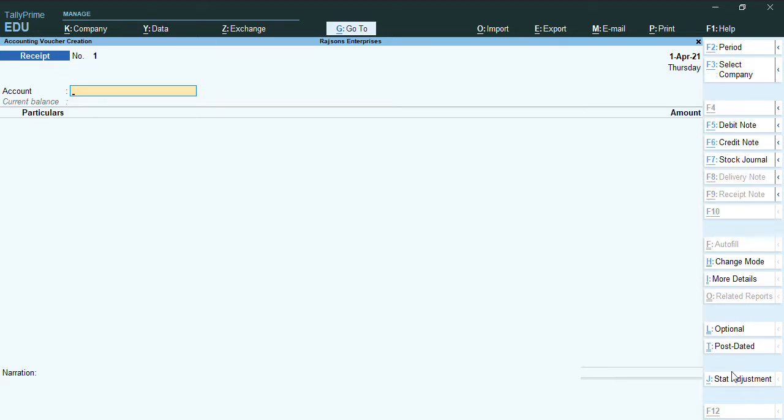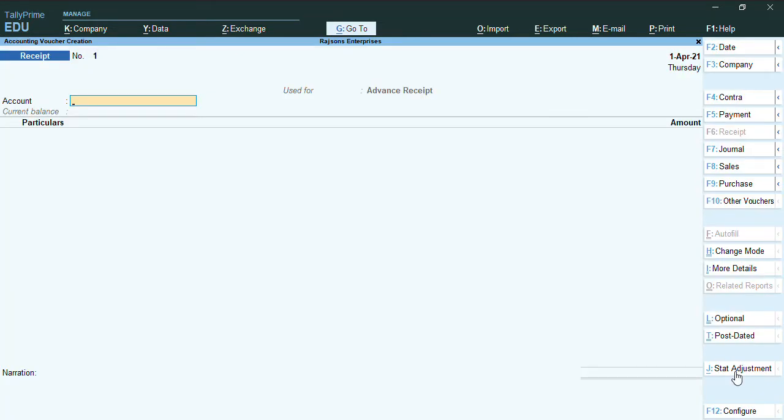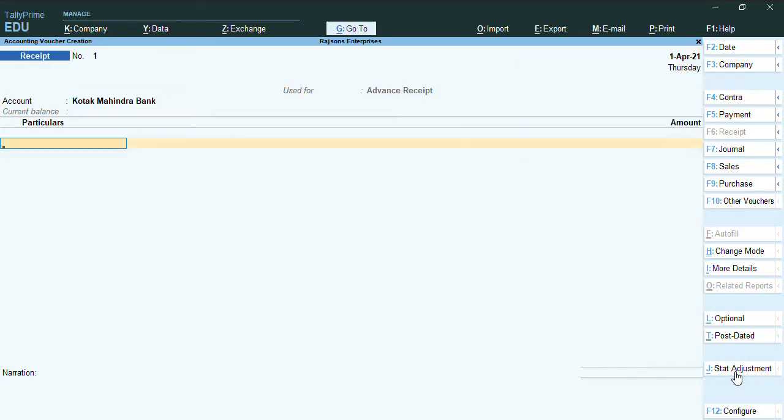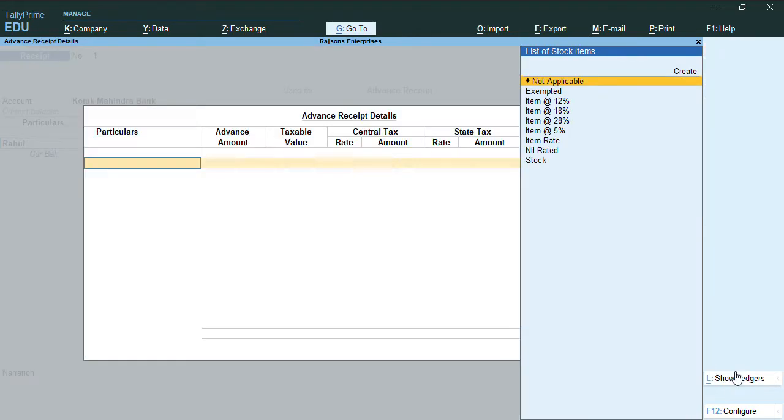With the use of shortcut key Alt J, we will get the Statutory Adjustment for GST screen. Here we'll select advance receipt, and I want to make the advance receipt through Kotak Mahindra Bank. I have received it from the party Rahul.